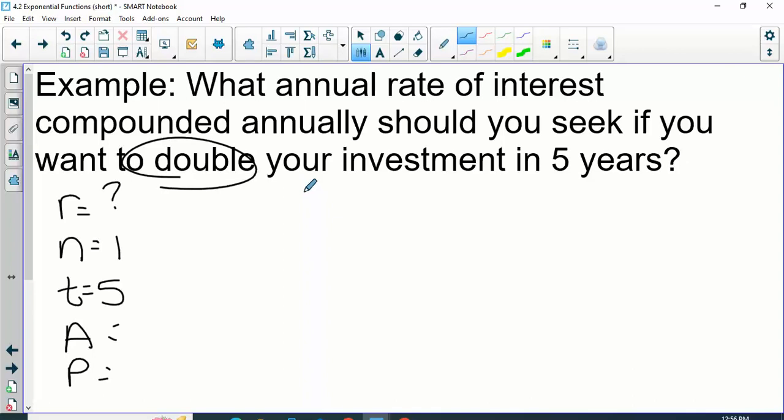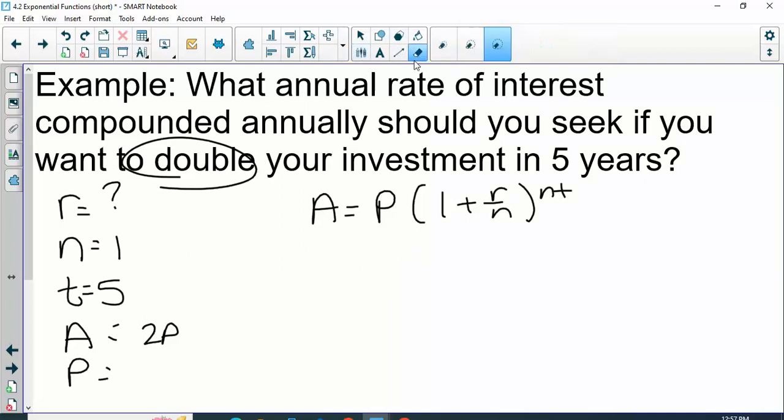Yes. So there's a couple ways of doing it. One option is to say, well, I don't know what I'm starting with, but if I want to double it, we would have to end with 2 times that. And some people are comfortable with that, and some people really are not. So the other option is just to make up a number. How much money do you want to start with? $100. If you want to double it, then how much do you end with? 200. So if you're more comfortable having those numbers, you can plug them in, and it's going to work out the same. So if we did that,